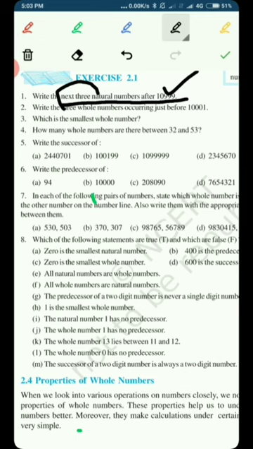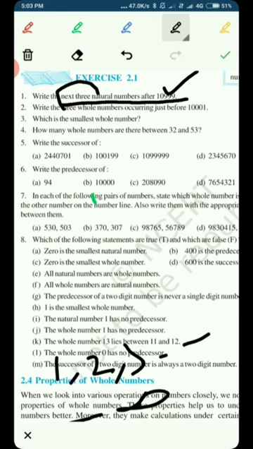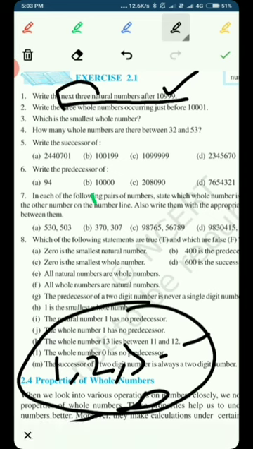So what is the meaning of natural numbers? I have told you in the previous video that natural numbers are those numbers which start from 1 and go up to infinity. 1, 2, 3, 4, 5, 6, 7, 8, up to infinity. These numbers are known as natural numbers that start from 1 and go up to infinity. So they are asking us for natural numbers, and the next thing is the next 3 natural numbers. Next 3 means those that come just after.